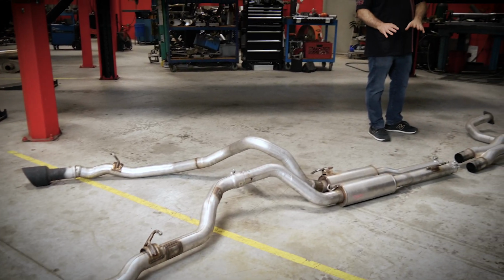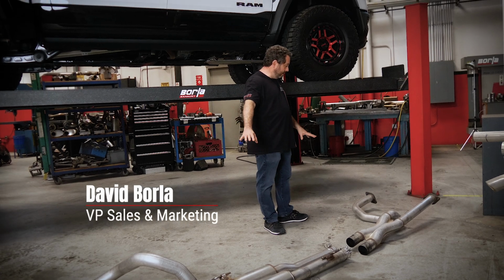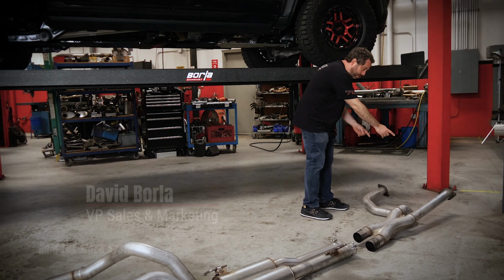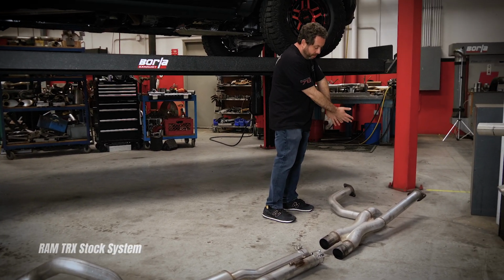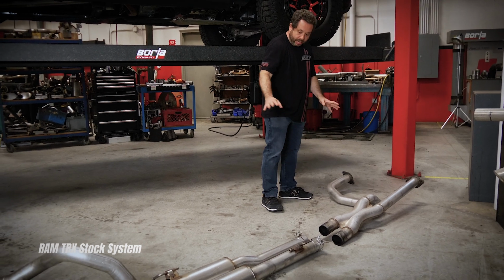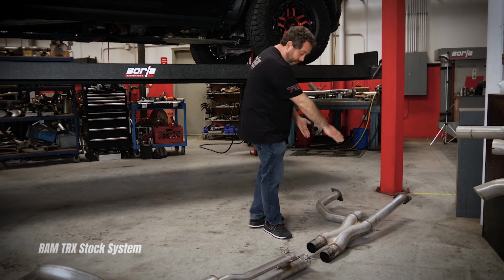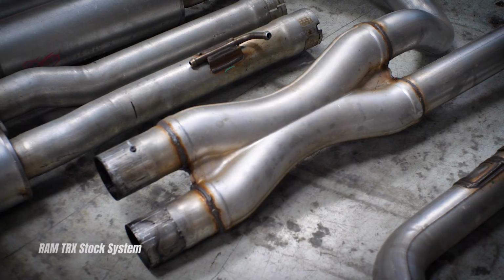So I wanted to start by showing you guys what the stock system looks like, and we laid it out on the floor here so you can see. Up front here are the front flanges that bolt to the catalytic converters. All the emissions control devices are north of here, so you're not removing or replacing any emissions control devices with this system. You'll notice it is a dual system, and there is a crossover pipe right here, which is a